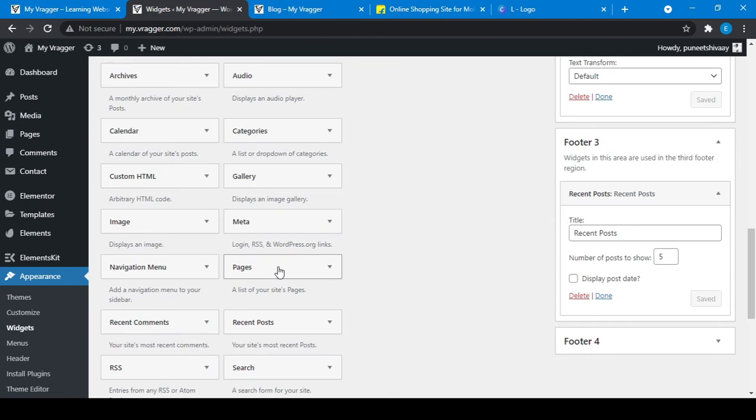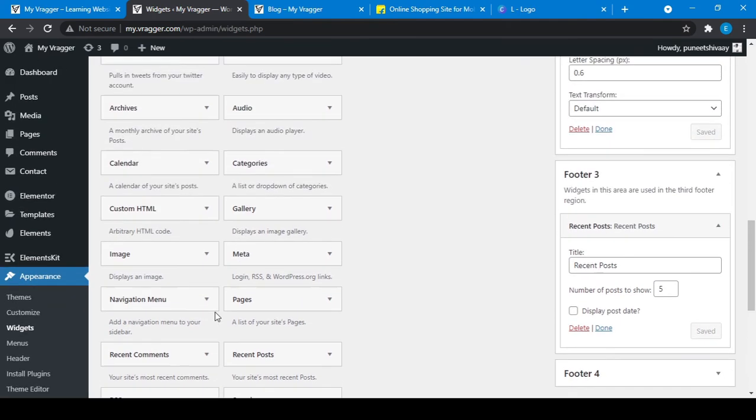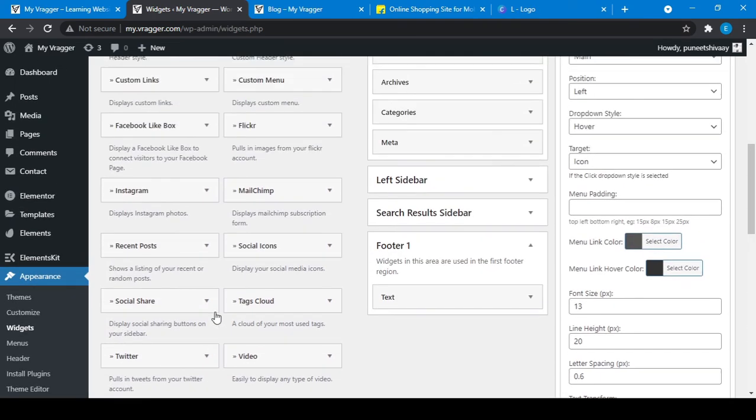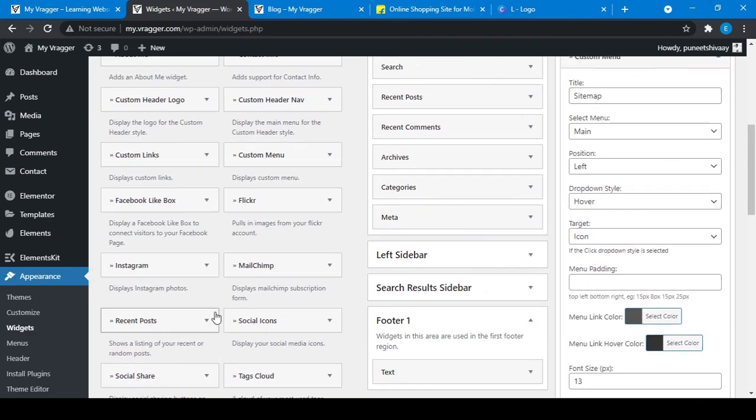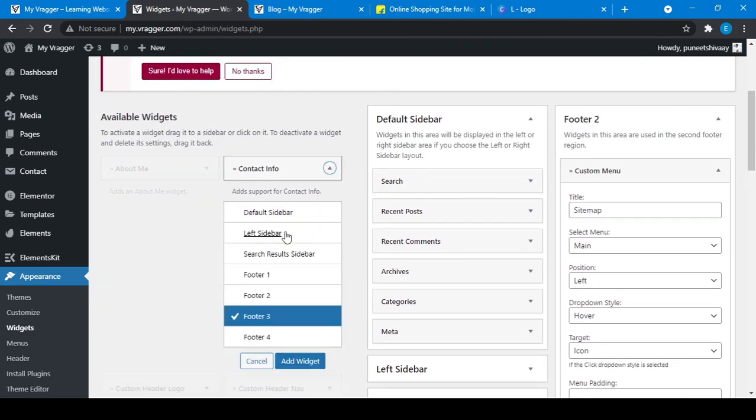After that, in another footer, I want contact details. So let me choose footer 4, this one, contact info. I will add to footer 4, add to widget.